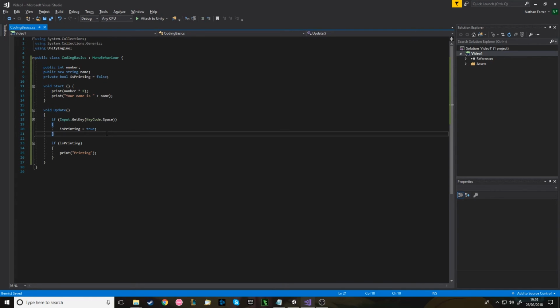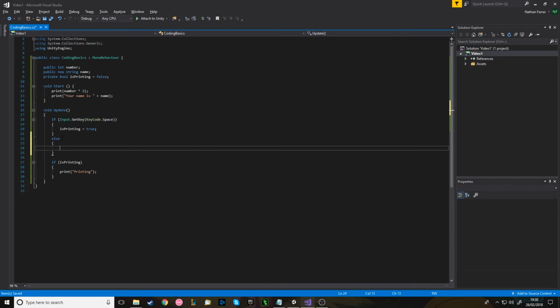So if you want it to be only while you're holding down the spacebar, you want it to be: if get key spacebar down, and then you want to use what's called an else or an else if, which means it does this check if the first one isn't true. Now because the key code get key can only be one or the other, it can be down or up. So if this isn't true, if your hand's off the keyboard, it will run whatever is in the else. So this is the code that gets run when you're not holding it, is printing